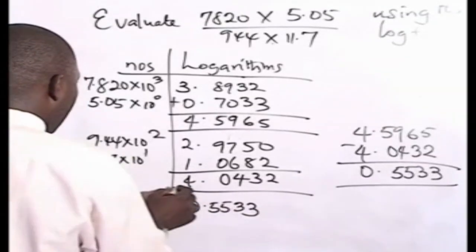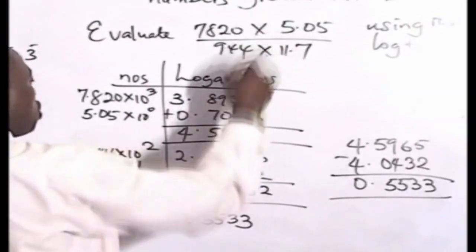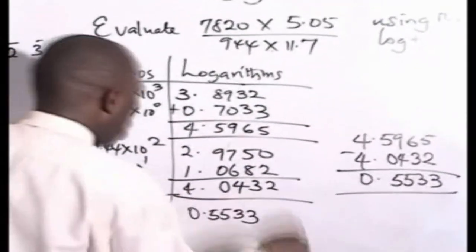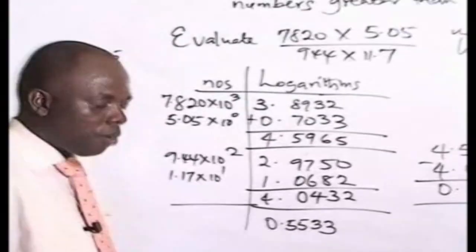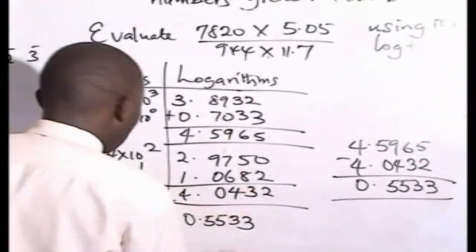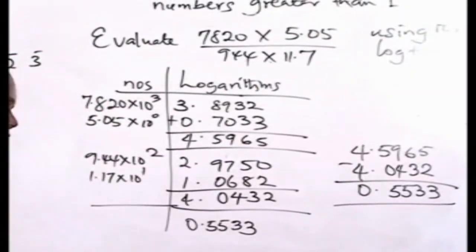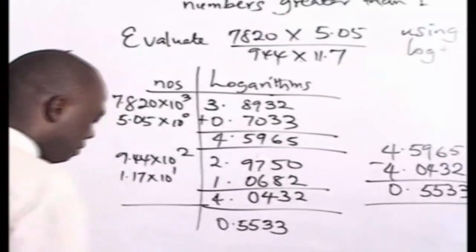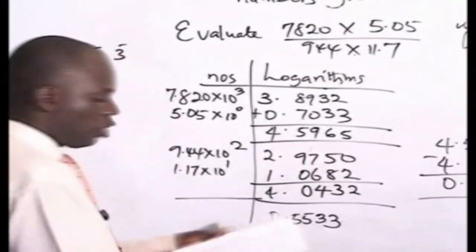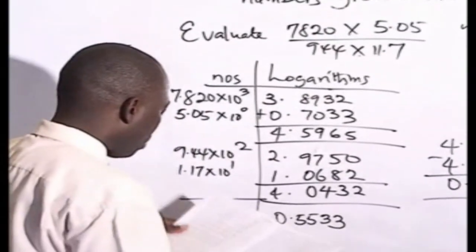You must change it back to numbers, because the question was given to you in numbers, not in logarithm. So you change it back using the anti-log table. For you to convert a number that is already expressed in logarithm back to number, you look at the anti-logarithm table. Some people call it anti-logarithm, but whatever be the case, just make sure that you are looking at the anti-log table. It's just on the flip side of the logarithm table. So under that, you look at